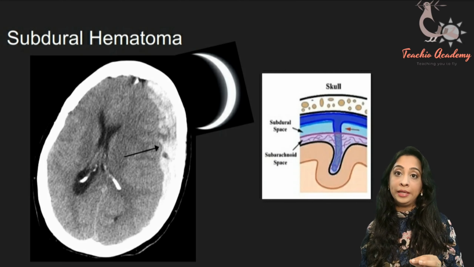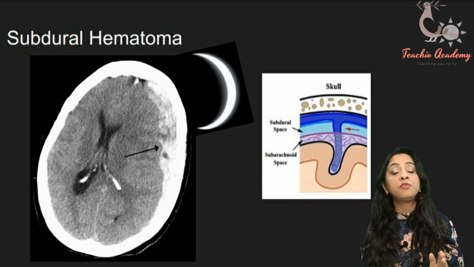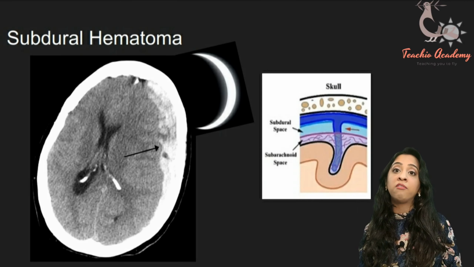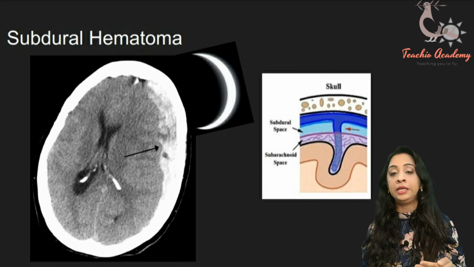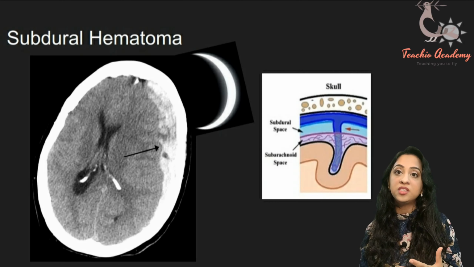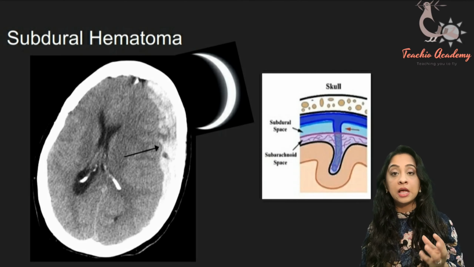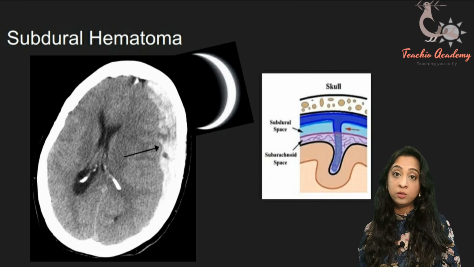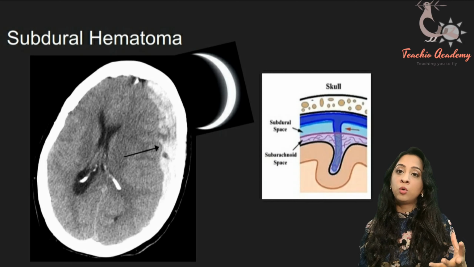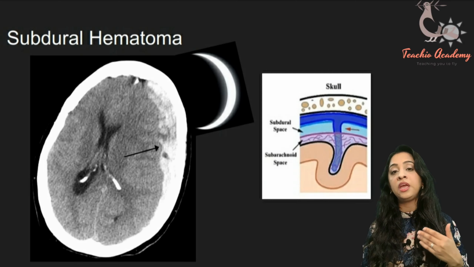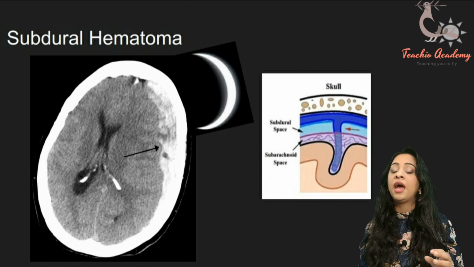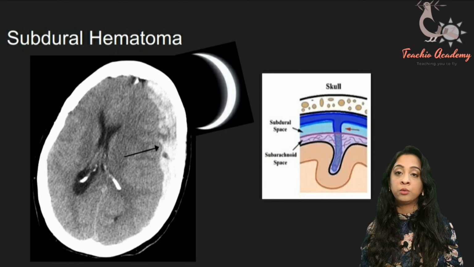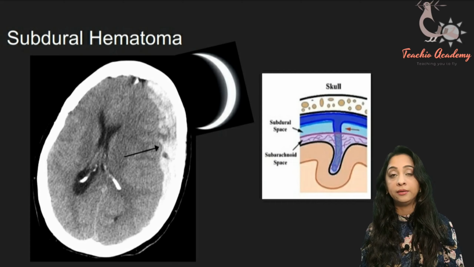Because this is a slow bleed which tends to creep on the surface of the brain, it tends to have a slower or more insidious onset. What insidious means is it's not as dramatic as a young person who's had a head trauma and an epidural bleed. It's a bit slower, so you'll have an elderly person who's been having falls at home and has just come in with confusion. Okay, so very important to know about this image. Make sure that you make a screenshot of it in your mind.